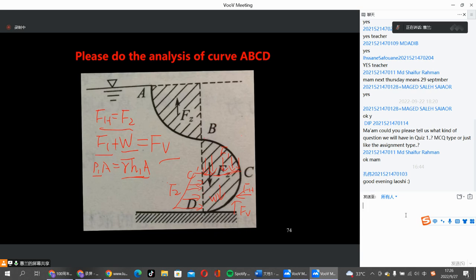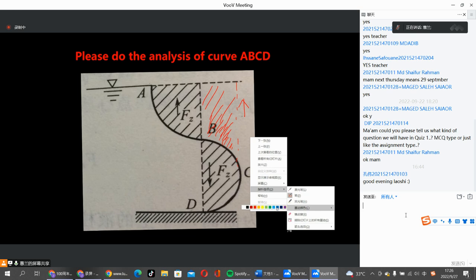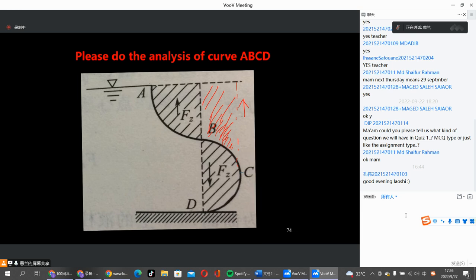And so here you see BC, let's draw it. For BC, we know it is an empty pressure volume. For curve BC, the force is up, right? It's empty pressure. For DC, let's use another color. It's very easy. For curve DC, the vertical component should be equal to the weight of its true pressure volume, and it's downward. So we say this part cancels out. And so for curve BCD,